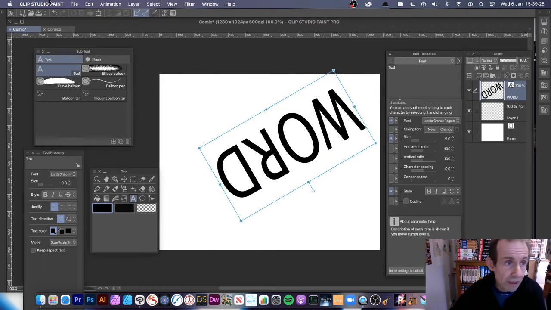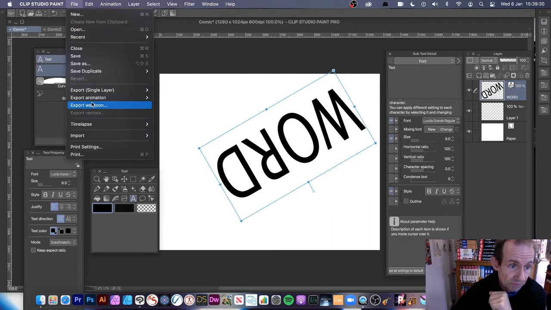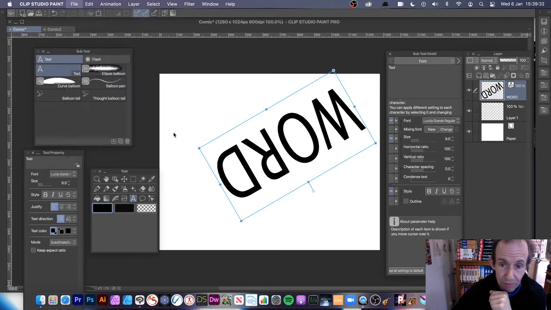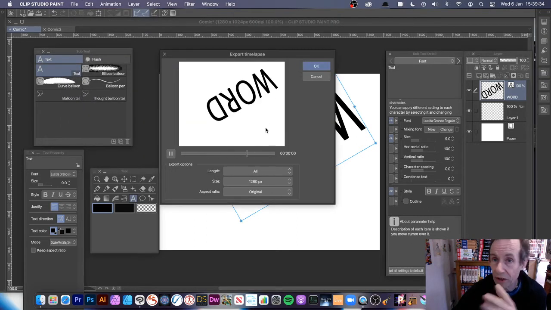So if you rotate, now if I go to File and Time Lapse and Export Time Lapse, it's very quick. I know you can't slow it down. That would be a nice feature. You can stop. And you can just go through it manually like that. So